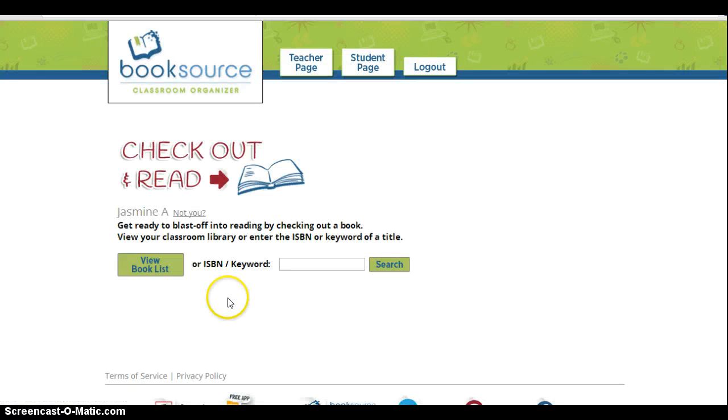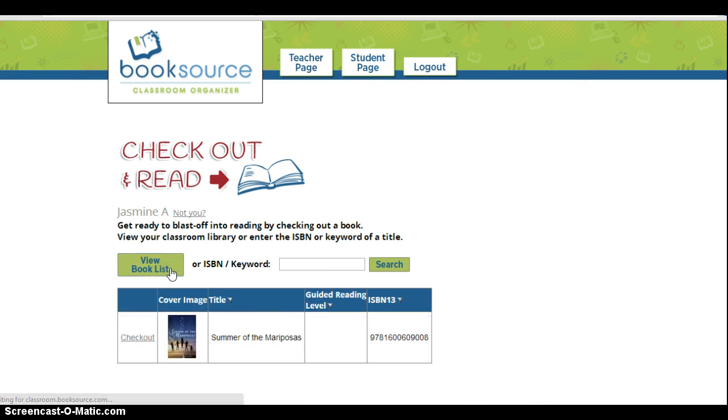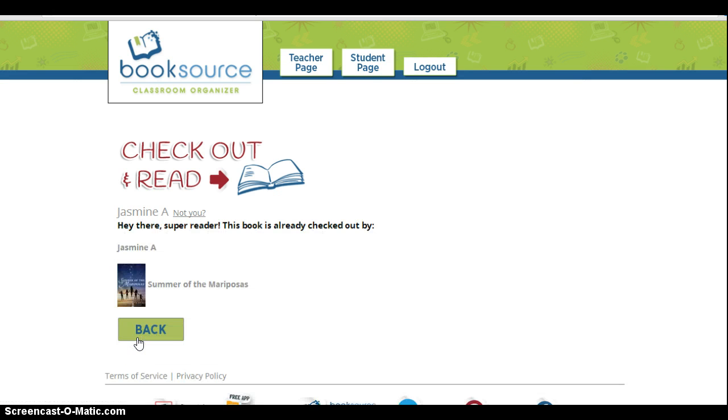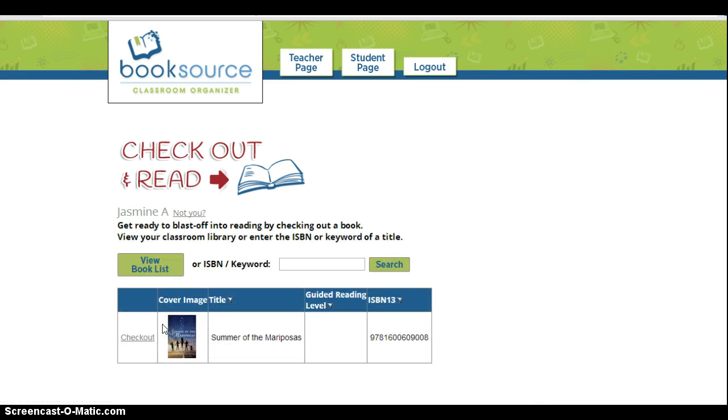Click on her name, and then she can either type in ISBN keyword or view the book list. And I've got the one book that I've put in there, and she just clicks on checkout, and she's got it checked out. Now when she's done,